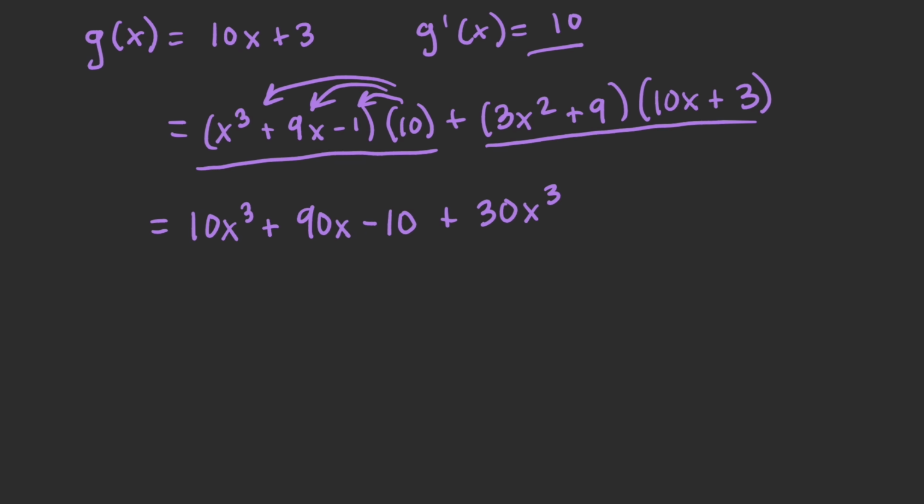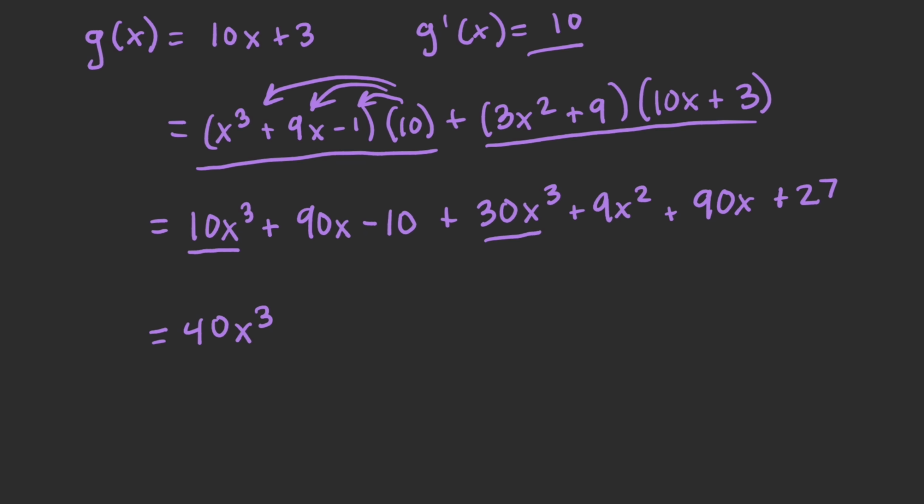And the 3x squared times the 3 would give us 9x squared. And then the 9 times the 10x would give us 90x. The 9 times the 3 would give us 27. Okay, so we have like terms right here with the 10x cubed and 30x cubed, which would give us